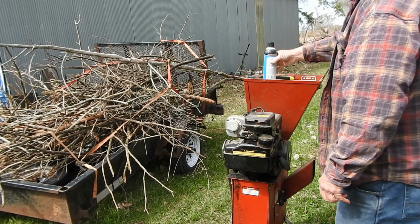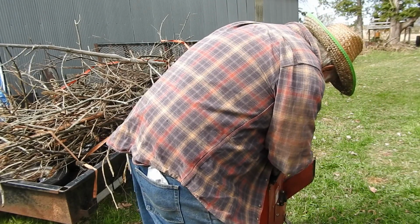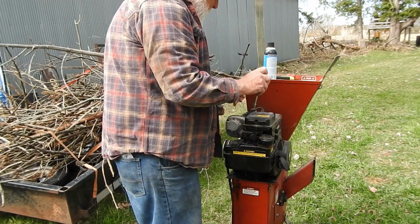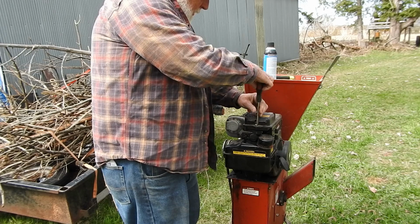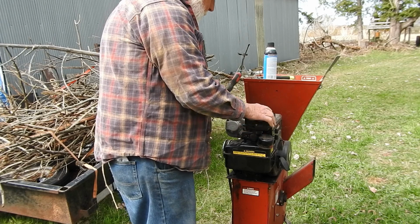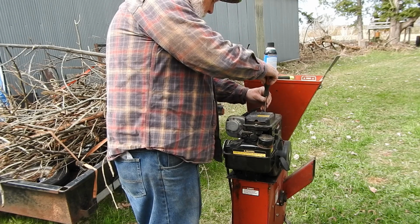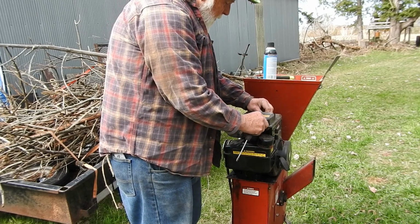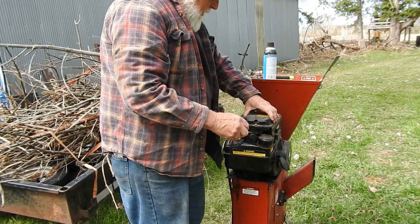I got some starting fluid. Let's first of all see if we can figure out off, on, run, choke. I'm going to check the air cleaner just to see what it looks like, and of course the oil. Worked pretty good when I use it. It's just really slow and quite took me far too long is what I thought it would be to do a